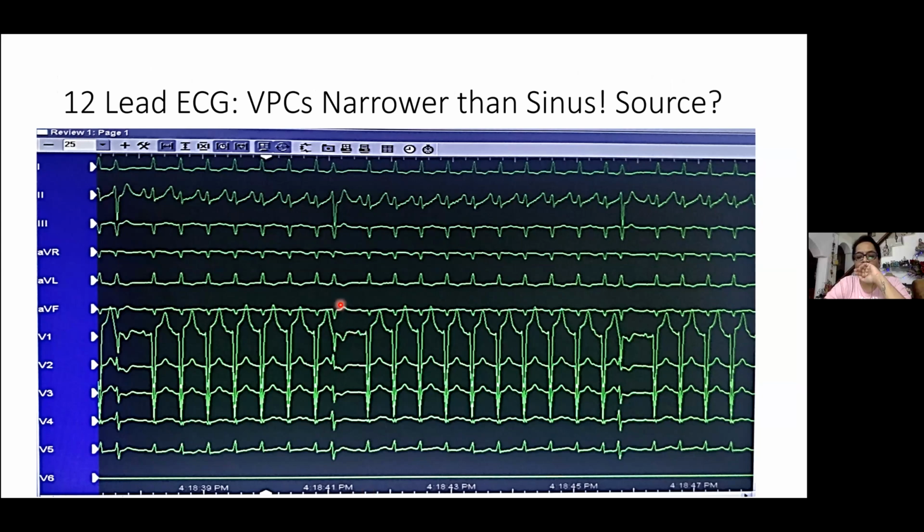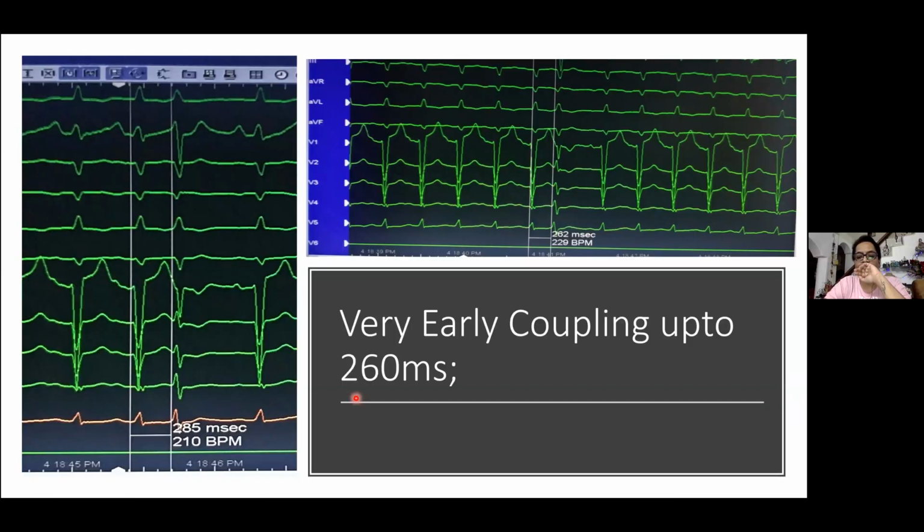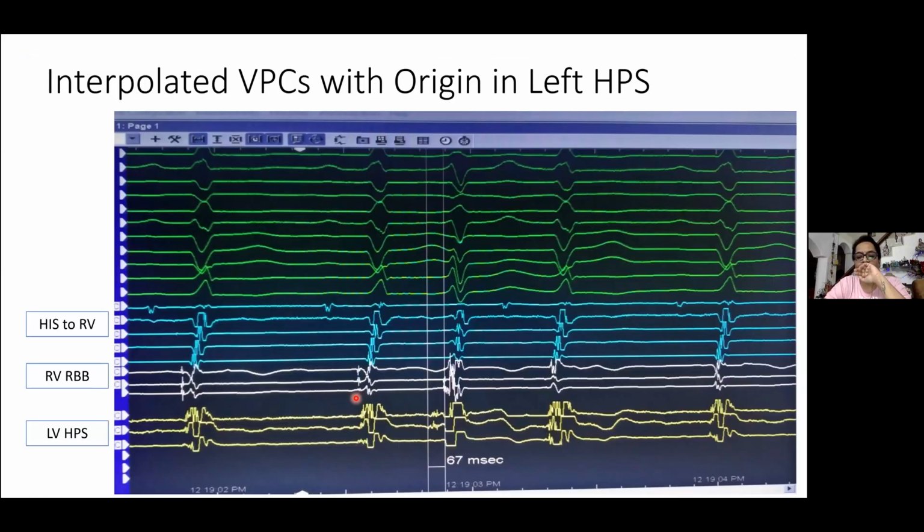It's so narrow. I showed you the right and left bundle electrograms both. This is the right bundle electrogram, this is the His, this is the RV, and this is the LV. Because we didn't know where it was coming from, we put the catheter everywhere. Did you map on the right side also? Yes, I'm showing you. I hope my slides are visible. This is what was happening on the right side during the PVC.